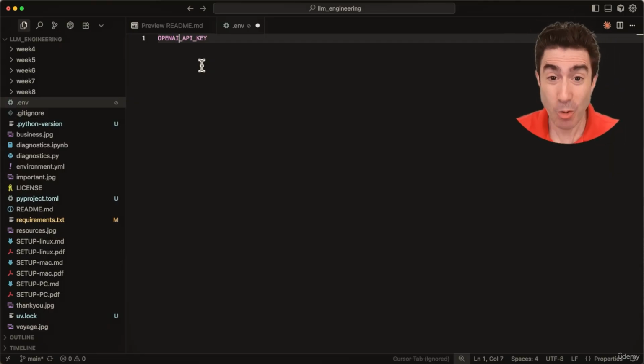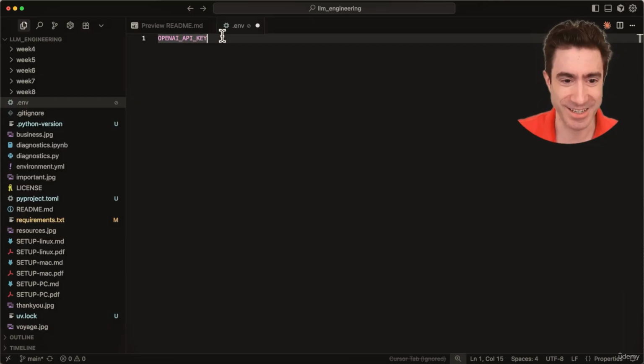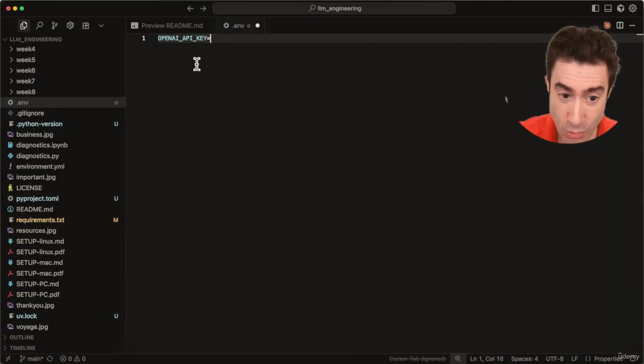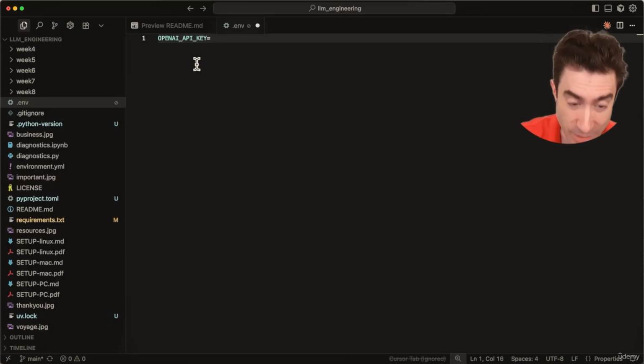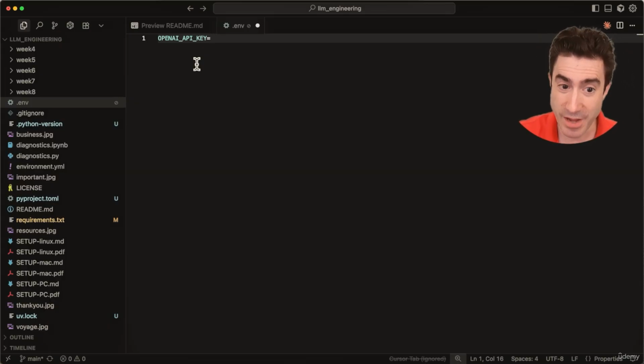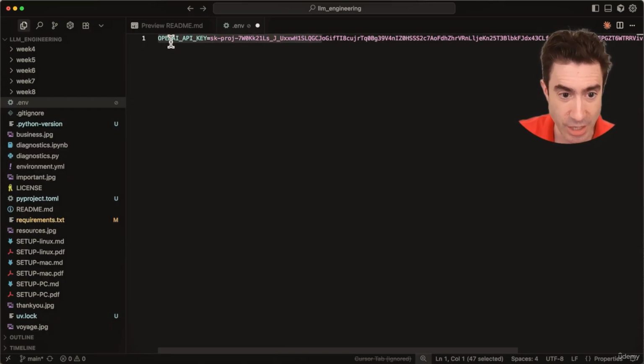You wonder why I'm going on about this. I get more than 1,000 emails every few weeks from people that have mistyped these words. So don't do that. Spell it OPENAI_API_KEY exactly like this. Then equals. And then you're going to press paste. And when you do paste, it's going to paste in that key that you copied from the OpenAI screen. Let's check it out. Look, it's OPENAI_API_KEY equals